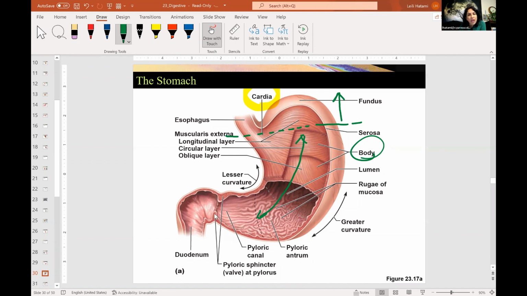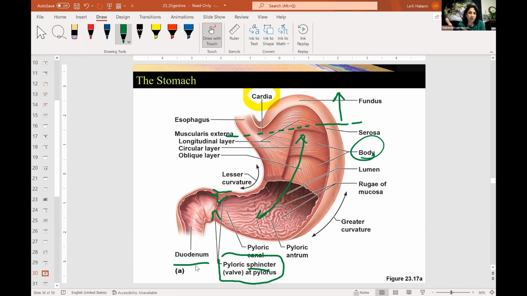portion. You can see here this thickened circular layer of smooth muscle at the ending part of the stomach. It makes this sphincter. We call this the pyloric sphincter. The pyloric sphincter is found between the stomach and the small intestine. The first part of the small intestine is called the duodenum. So it's going to control the motility of the chyme from the stomach into the duodenum,